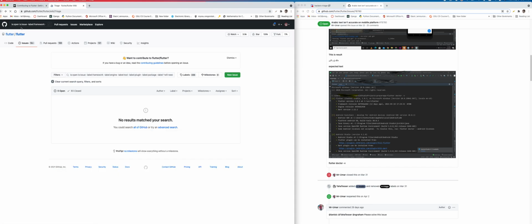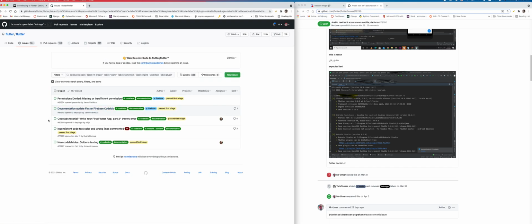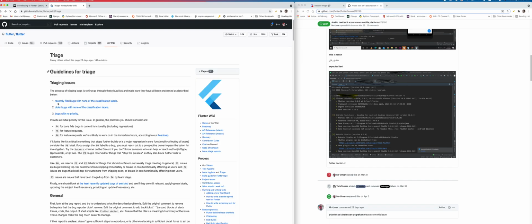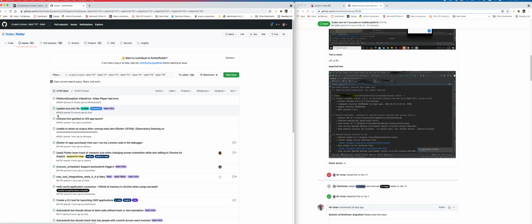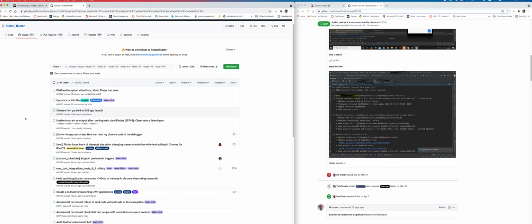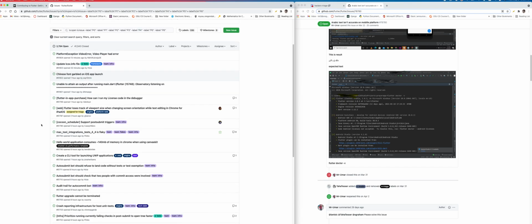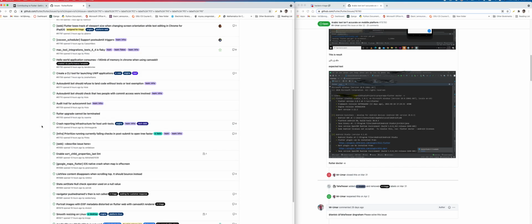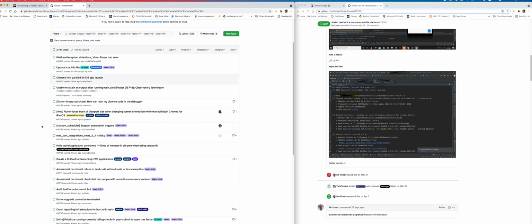So we can go to older bugs with no classifications. These are older bugs. And then you've got your bugs with no priority. So these bugs basically have no priority. I don't think they do much for Flutter's main project, but typically these are bugs that impact users in their more local repository. And so you can go through some of these and pick out the types of issues that you want to work on. For instance, let's do,